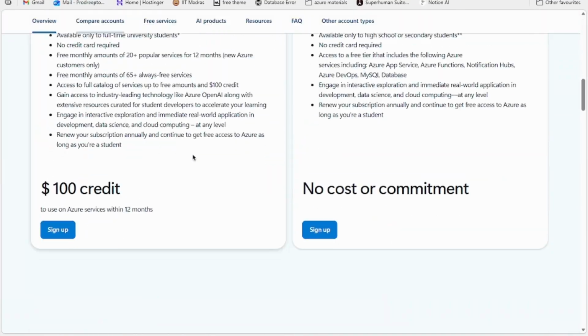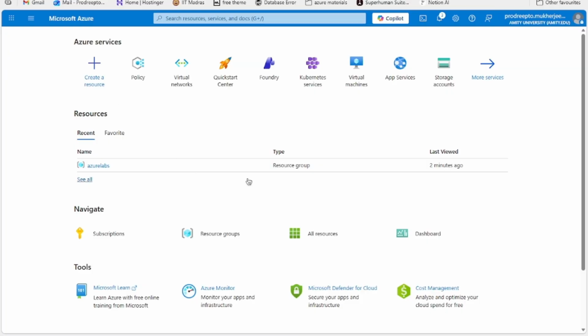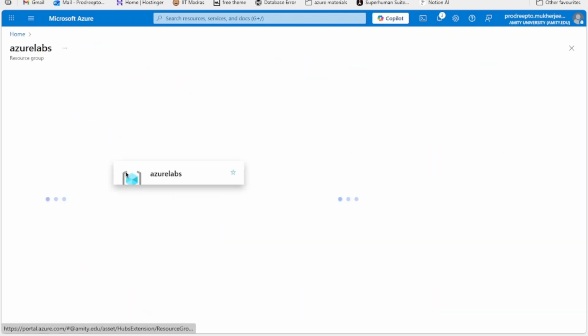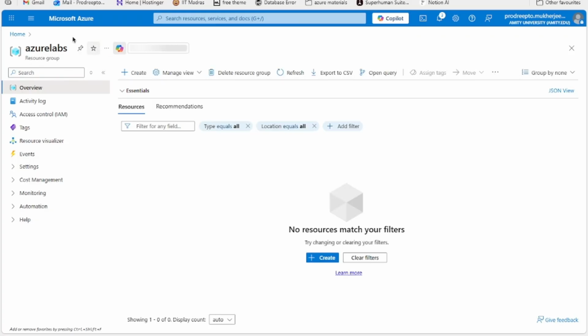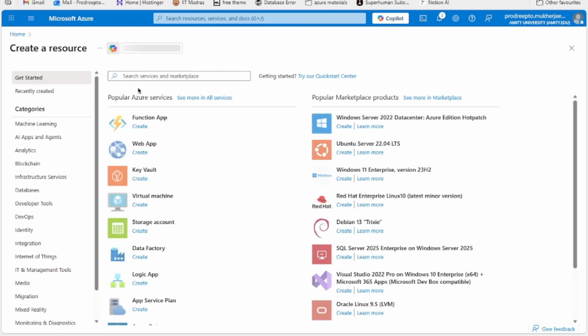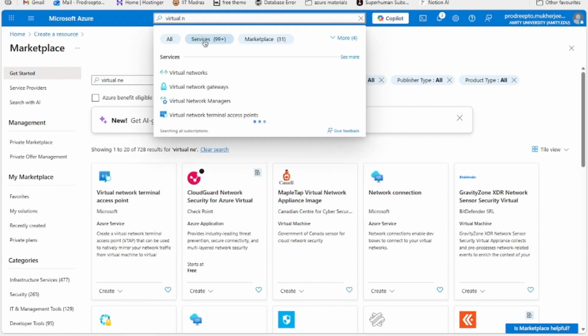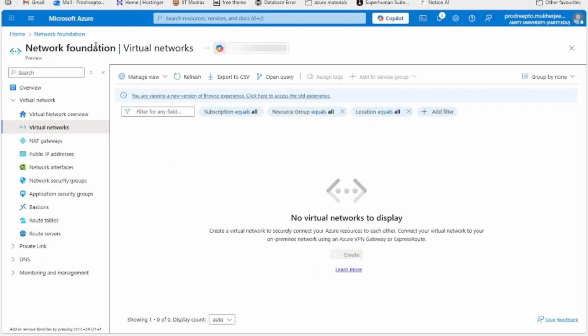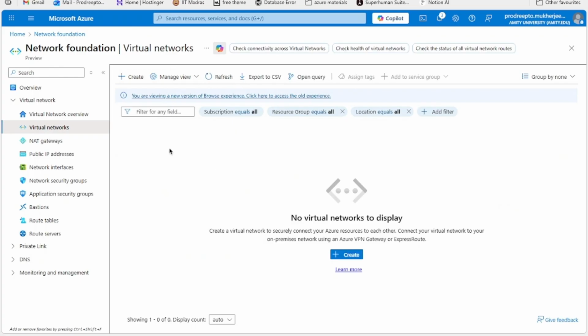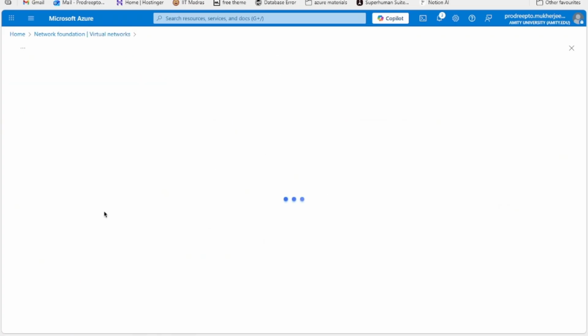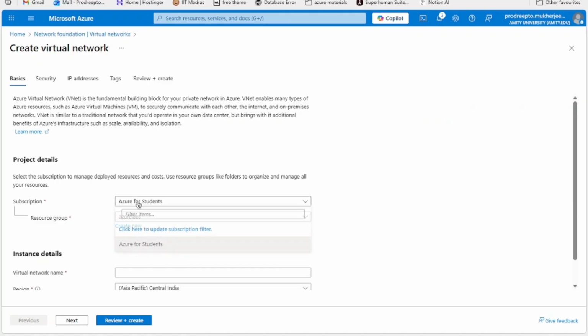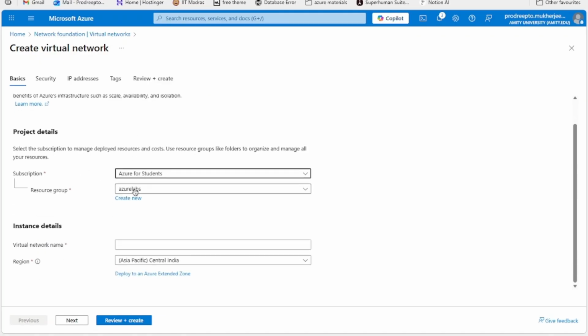Okay, so I signed up with my university email ID, and there's a unique problem. As you can see, I've created a resource group. I've named it Azure Labs, and when I'm trying to create a VNet, virtual networks, okay. So if we come here into virtual networks, and if we try to create a network here, I select my subscription, that's Azure for Students. I select my resource group, which I created earlier, and let's give it